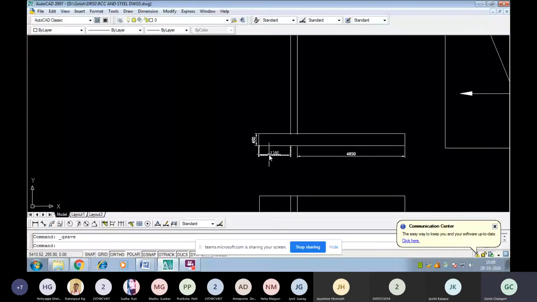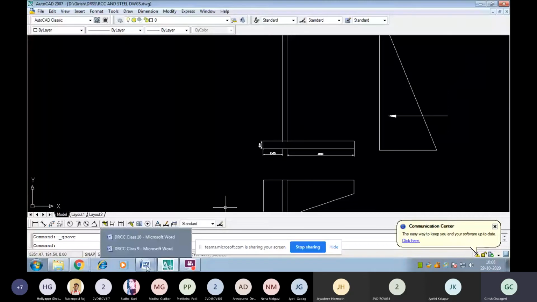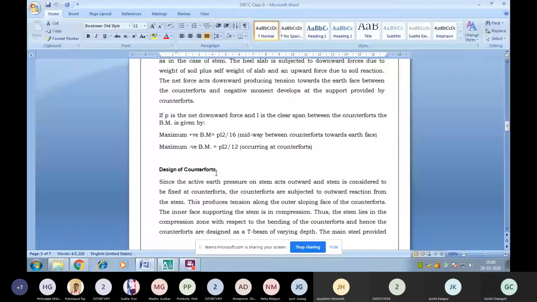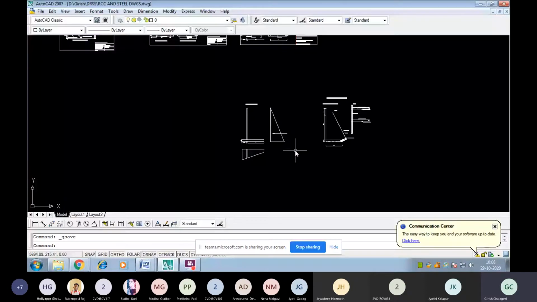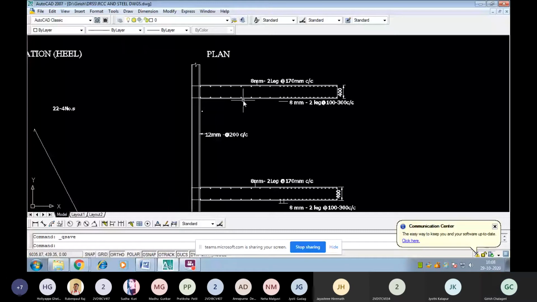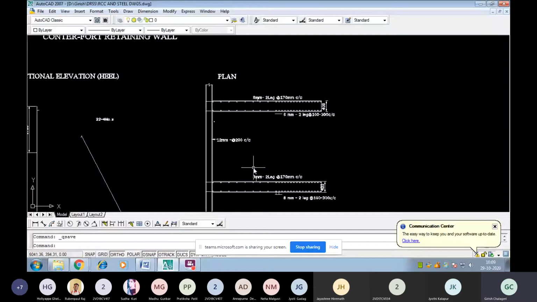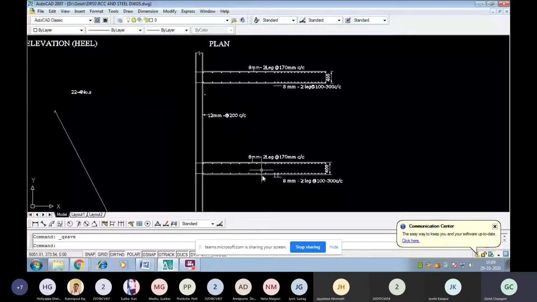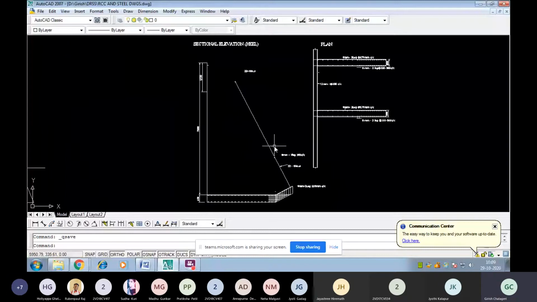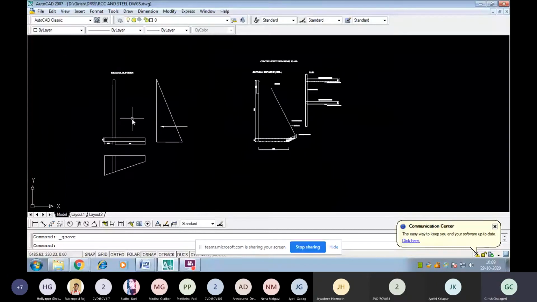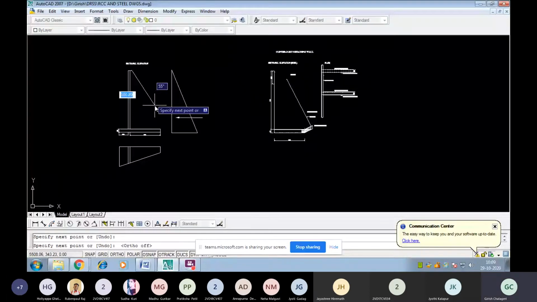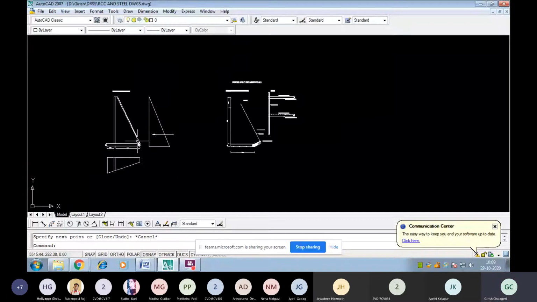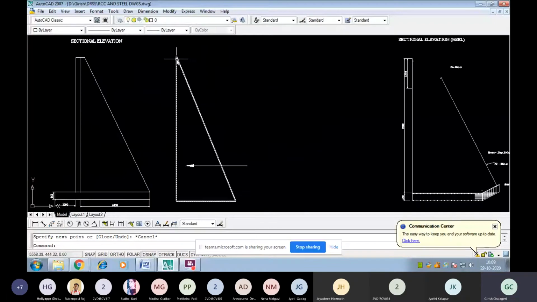Then coming over to the counterfort, we can see it in the AutoCAD diagram. The counterforts I have told you are designed in this fashion. For these, the pressure will be from both sides, in a triangular form, because the counterfort is connected like this. So the pressure on the counterfort will be from the soil. At the top the intensity will be less, and at the bottom, where the heel is connected, we get the maximum pressure.